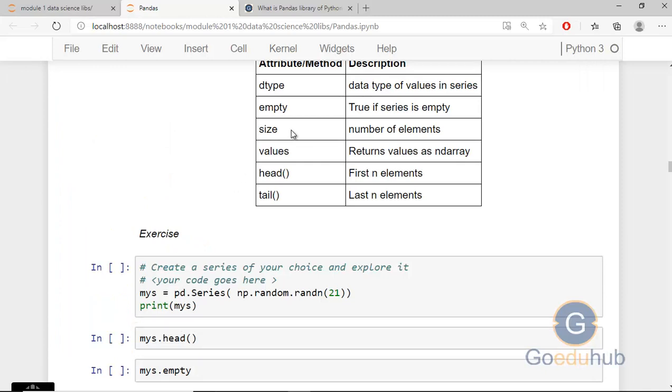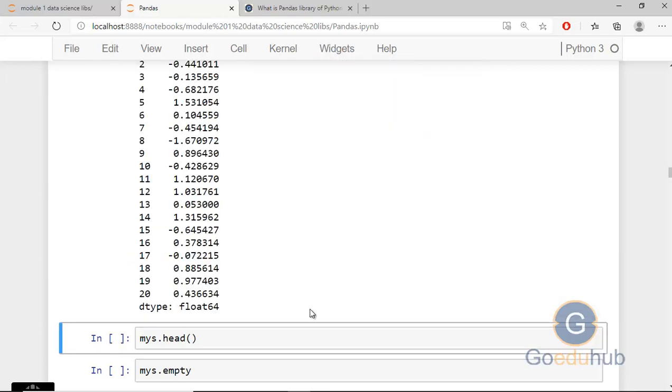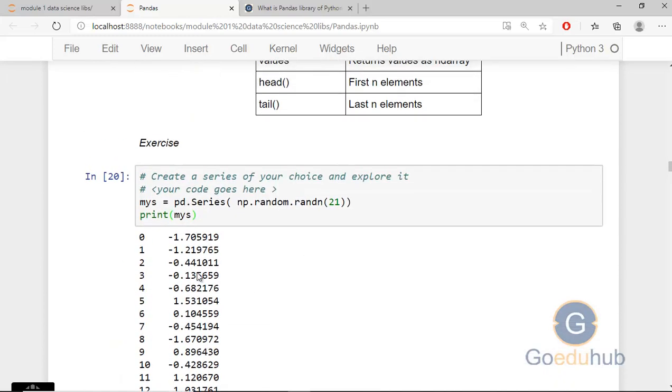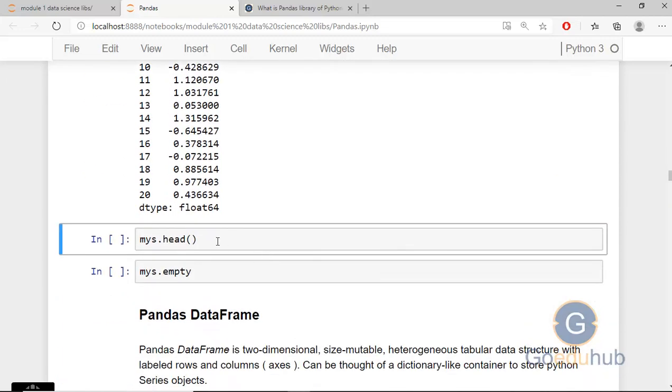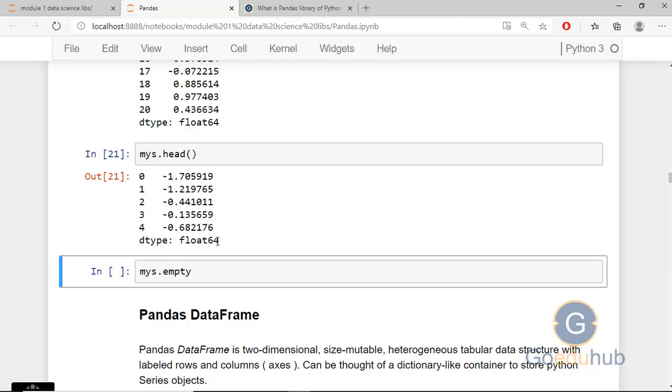Now we will see some more attributes and functions over the series, like pd.Series with random numbers. We are creating a series of 21 random numbers, and then we will apply these functions. Okay, and our series is mys. Then if I write mys.head, it will give you the top 5 records.